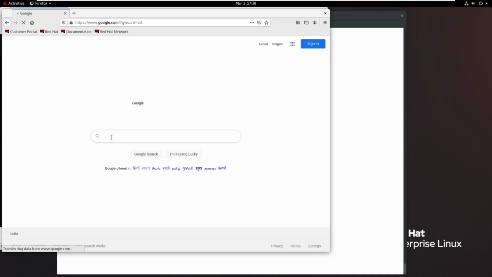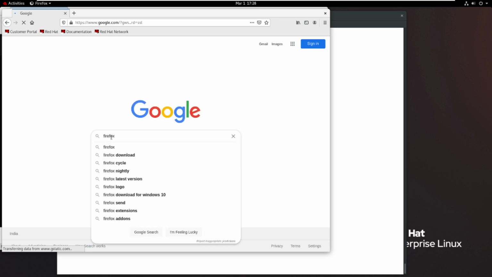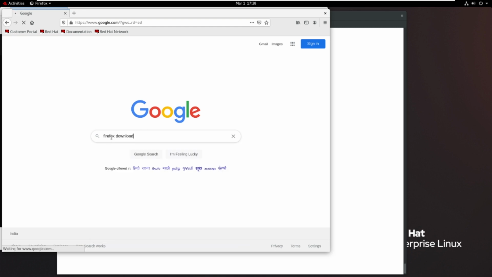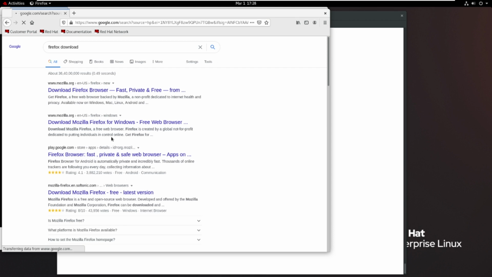So I want to download Firefox related to Linux. Then I will show you what kind of extensions Linux software has. So for example, Firefox download. Then download Firefox browser.